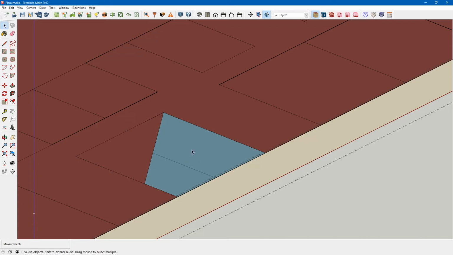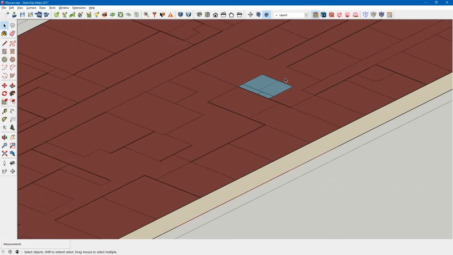and delete this, and we can delete this here. And that's kind of how you get rid of skylights.